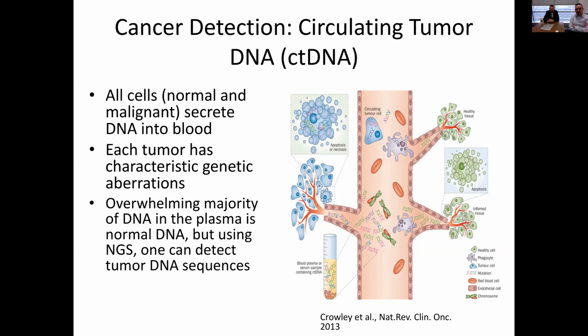And so one of the holy grail ideas would be the ability to do a non-invasive approach to sequencing of the tumor. This brought forth the idea of doing blood-based biomarkers with things like circulating tumor DNA. What we know is that as a cancer lives and dies on its normal life cycle, as it apoptoses, it sheds its DNA into the bloodstream. And so the ability to take a blood sample, separate one's normal DNA from the tumor's shed DNA, and then subsequently sequence it has been a great advance in terms of identifying very small concentrations of tumor